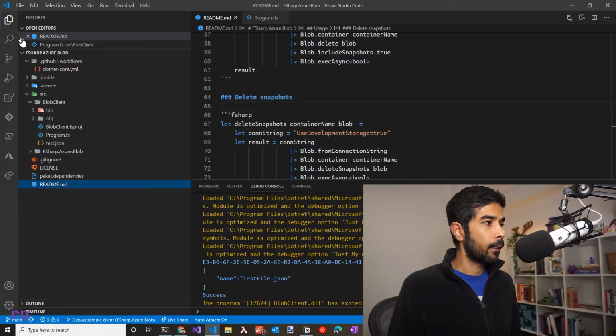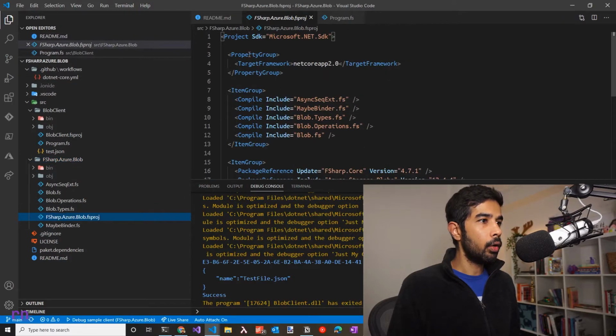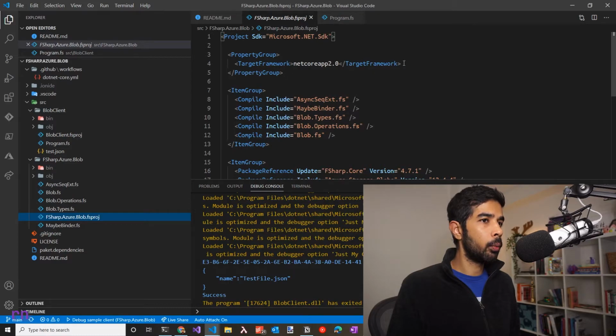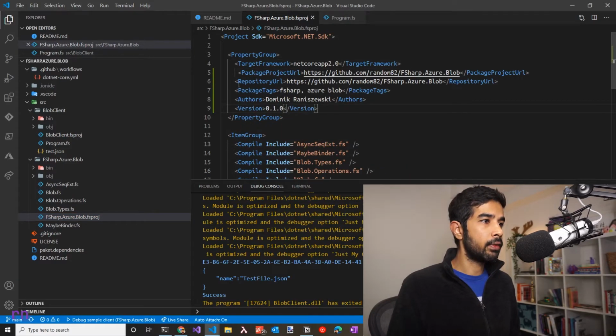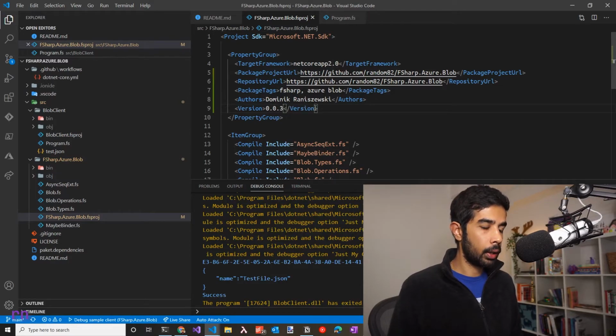After a bit of reading around, I figured out these versions is customizable from the fs project file. So let's go back and let's open up the fs project for fsharp.azure.blob. Here we have the property group, and we can specify the versioning inside this particular property group. I have this written out. So I'm specifying the project URL, which is the source repository URL, the repository URL, which is again the same. You can specify the package tags, in this name fsharp, and it's an Azure Blob related package, and given the author's name. To start with, let's go with a 0.0.3 and use a beta version since we are testing this out. You could use any other version that works for you.